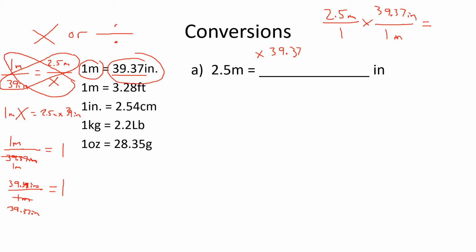Multiplying fractions is easy. Take all the numbers on top, multiply those together, divided by all the numbers at the bottom. So you would take 2.5 times 39 over 1 times 1. So that just simplifies to 2.5 times